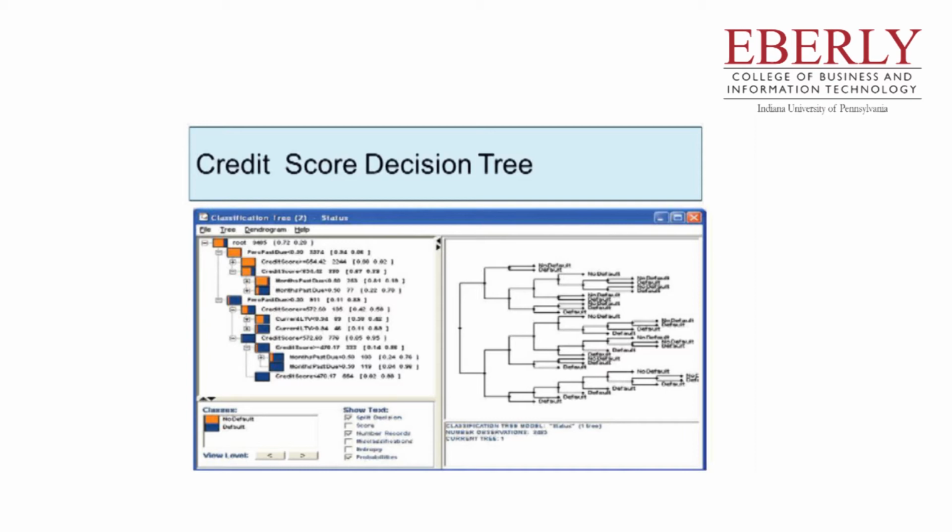For example, if percent past due is less than 50%, then accept the loan. If percent past due is greater than 50%, and if credit score is greater than 572.6, and if current LTV is less than 0.94, then accept the loan. Otherwise, reject the loan. The financial institution will need to combine this rich data with an economic analysis of the value of each loan to determine which loans to take.